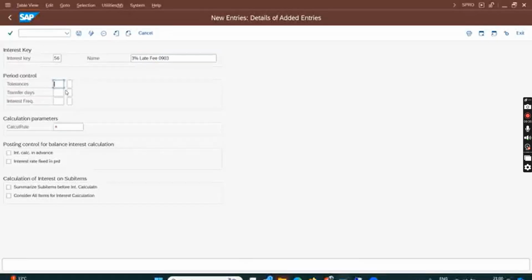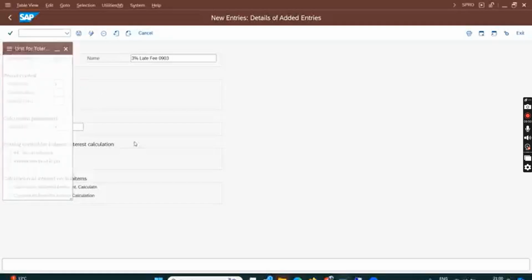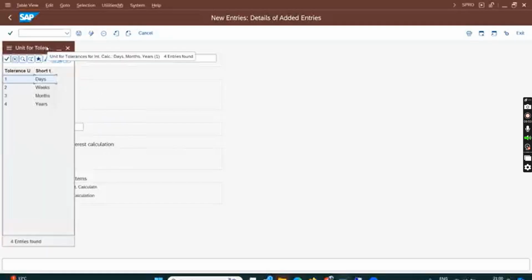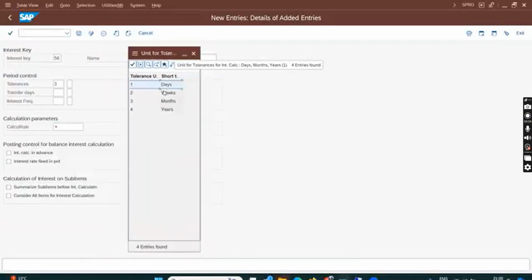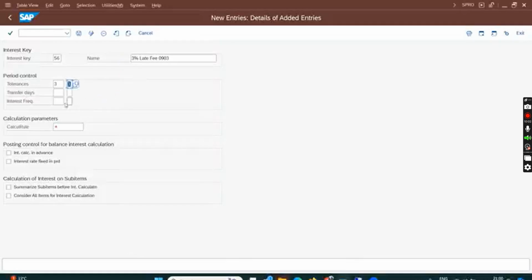If there is a tolerance, like even after it is overdue, first 3 days I'll give tolerance. I will not charge interest if today is within tolerance. Once the 3 days have passed, then I will charge interest. Mostly companies go for 3 days. Here you choose days, like SAP has allowed weeks, months, years. Who will allow 1 year of tolerance? But anyways, SAP has given it, so 3 days of tolerance, and here I'll mention interest frequency is per month,